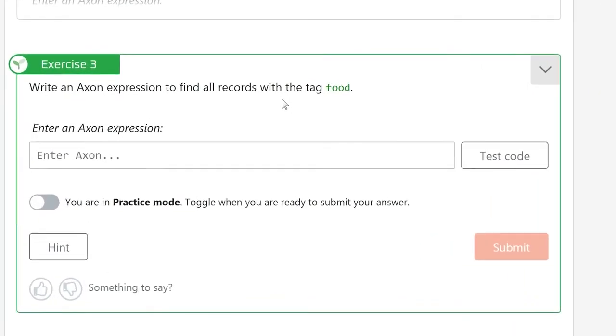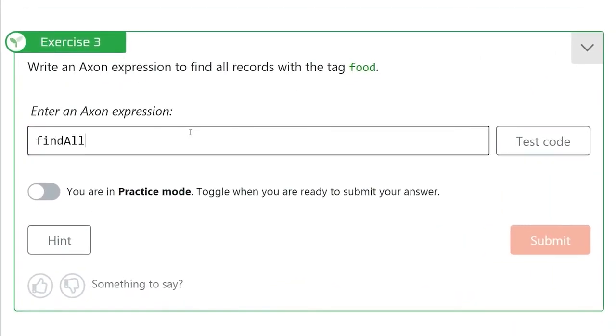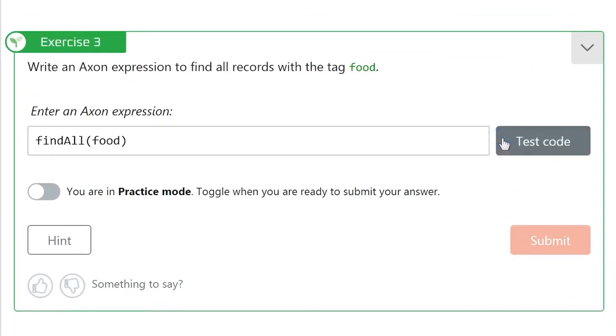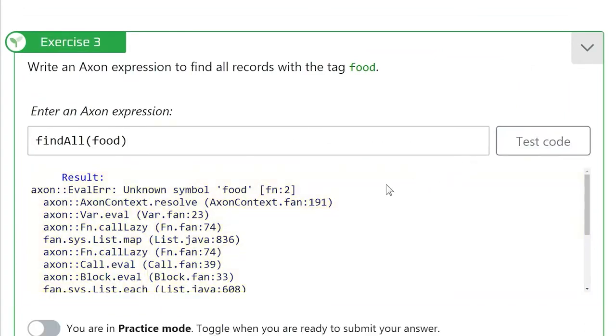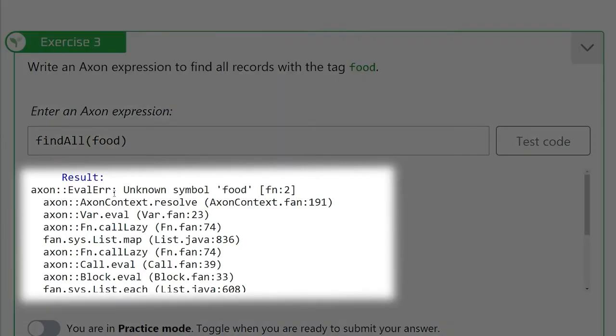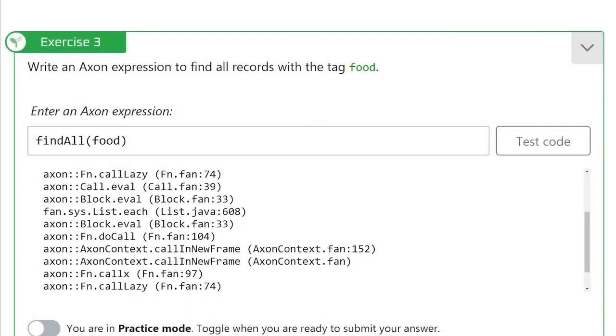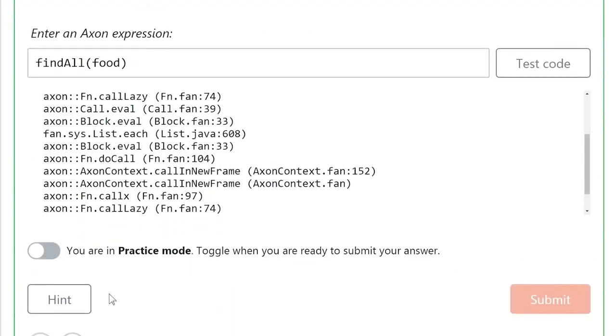What was that function again? Find all? When we test our code, we see an evaluated result just as we would in shell. My code now is returning an eval error. Don't worry, we teach you how to read these errors in the Axon Programmer course.